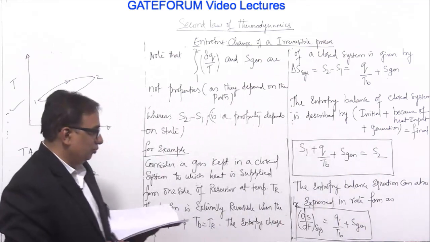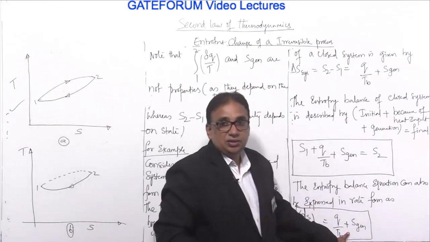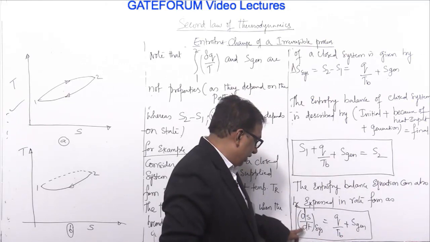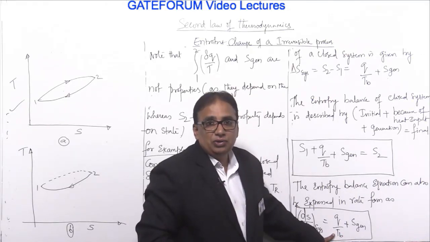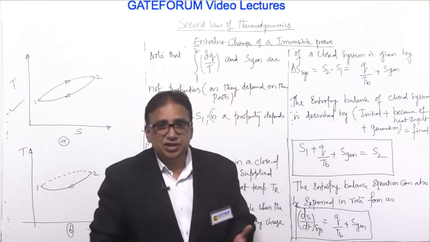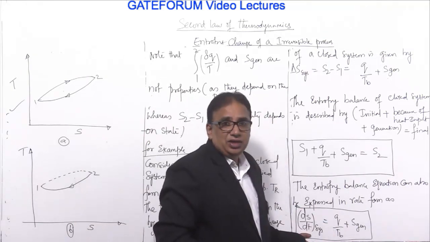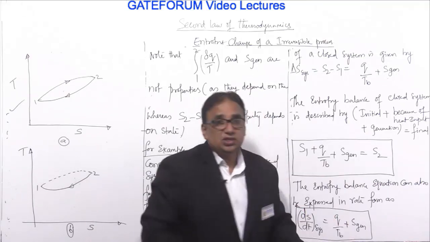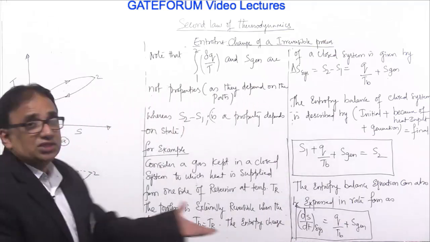So that is what I am telling you. This is the property, correct? This is the property and this is the path. So dS by dt is equal to the path change. Means if you are arriving in 24 hours, you are coming straight. If you are taking 2-3 days, then definitely the rate will decrease, because with Q by TB plus S generation, you are taking much more time to get there. You can understand it like that.